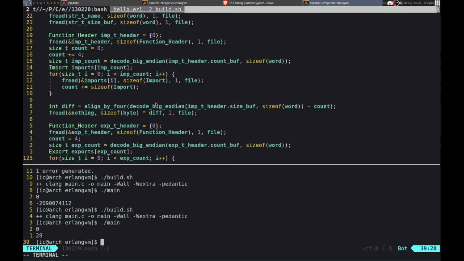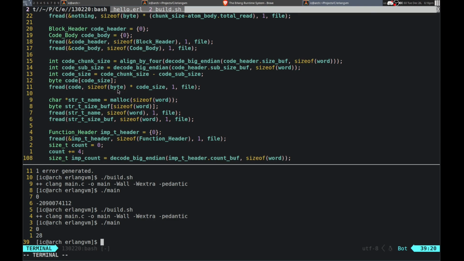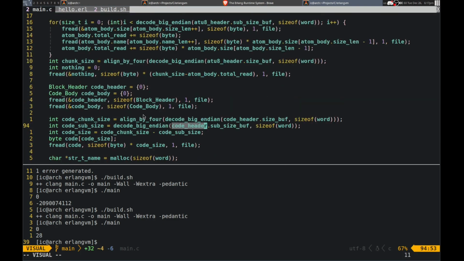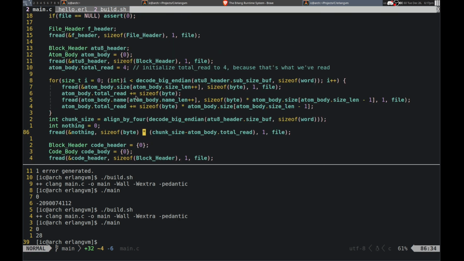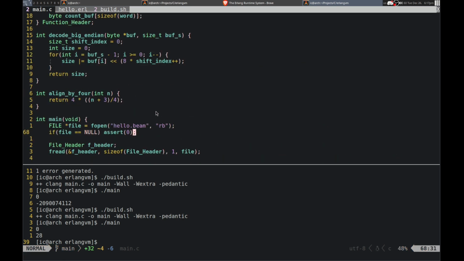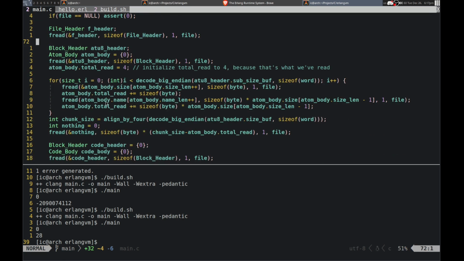Let me look, actually. So what did I do for the code? Was it code? No, it was the atoms, actually, and we read it into that.